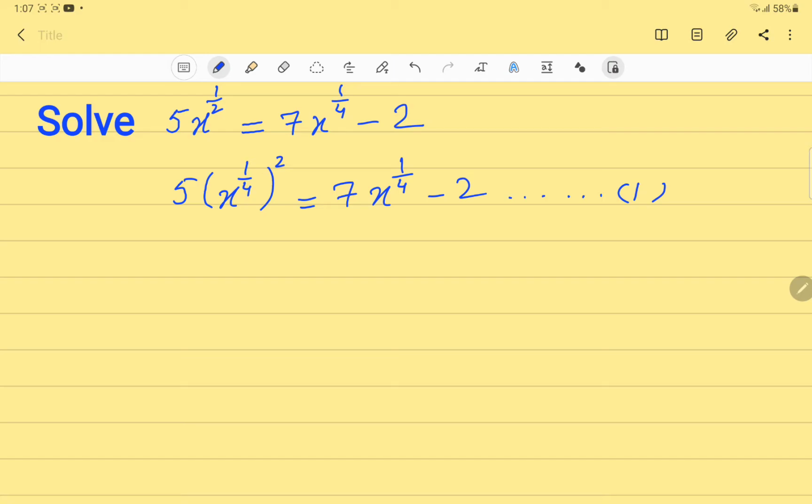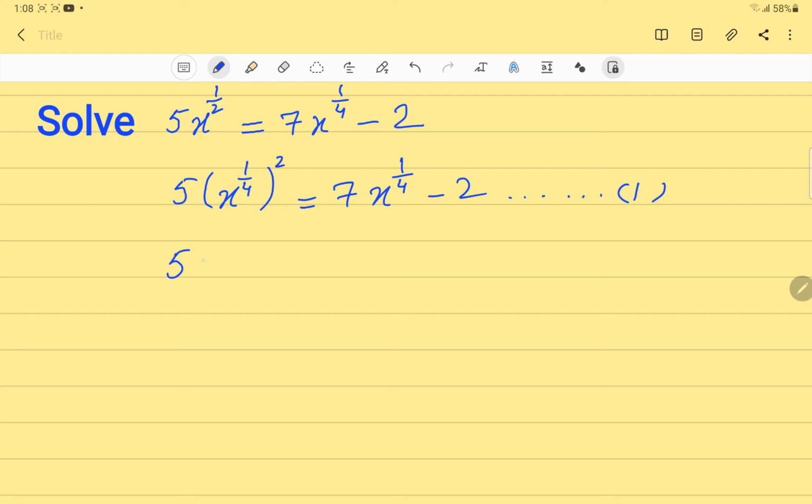In order to get rid of the exponential part at this level, let us assume y is equal to x raised to power 1 over 4 in this equation 1. So the equation will look like, after substitution,